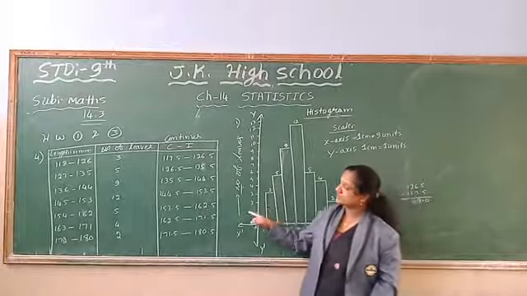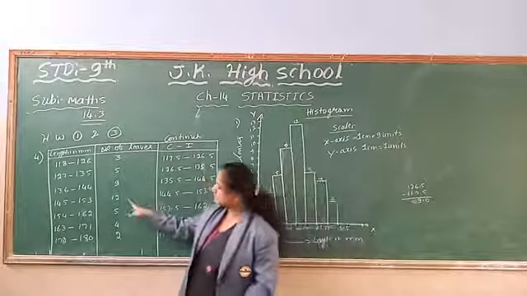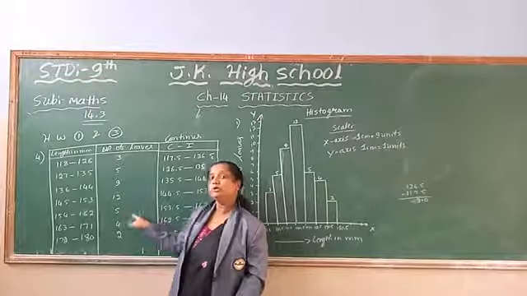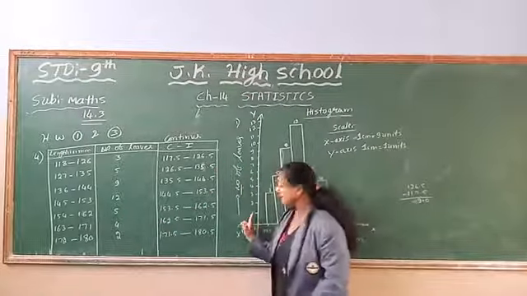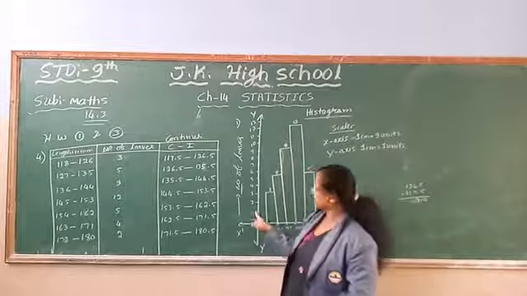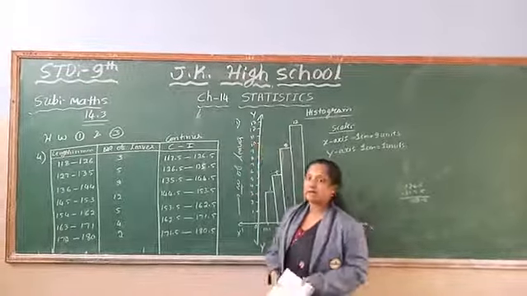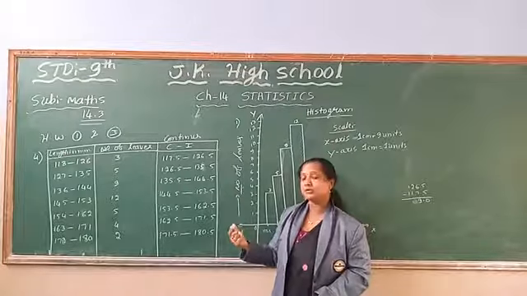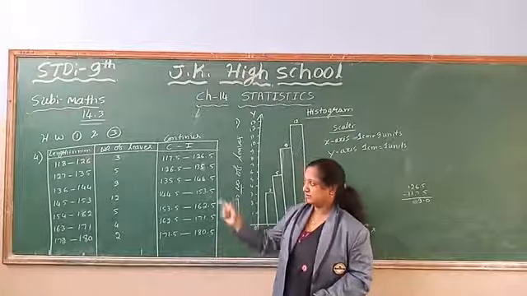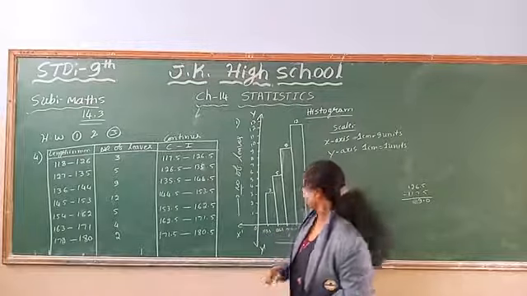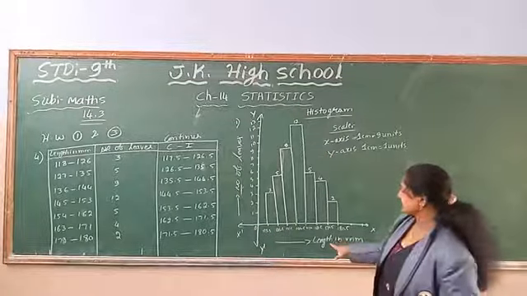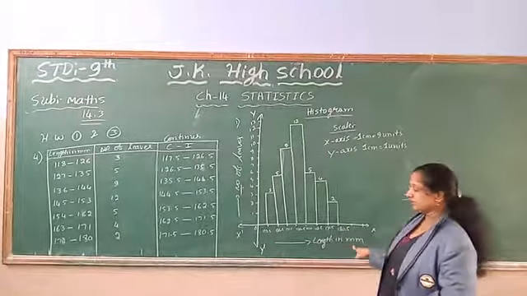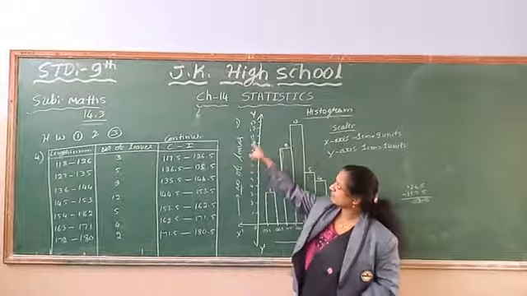And on the y-axis, the number of leaves, the maximum number of leaves is 12. So I have taken the y-axis scale as 1 centimeter equal to 1 unit only. So I have marked up to 13. You can take the scale according to the question, choosing it by seeing the values in the question. So now this is the x-axis, with length in millimeters, and the y-axis is the number of leaves.